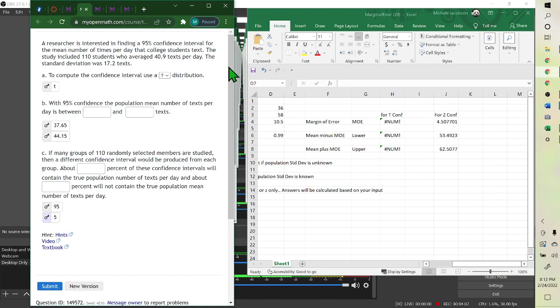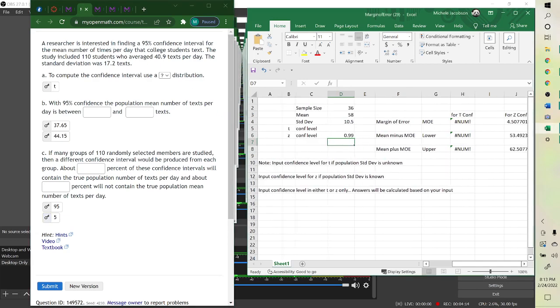The last one, a researcher is interested, let me go back and delete our values. A researcher is interested in finding a 95% confidence interval for the mean number of times per day that college students text. The study included 110 students, so that's our sample size, who averaged 40.9 texts, so that's our mean, and a standard deviation of 17.2. Our confidence was